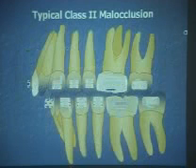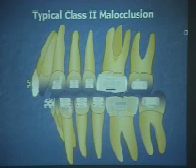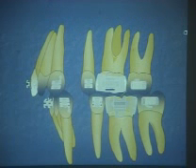Typical Class 2 malocclusion looks like this. Now if you take out maxillary and mandibular premolars, and that is very common with many therapies,